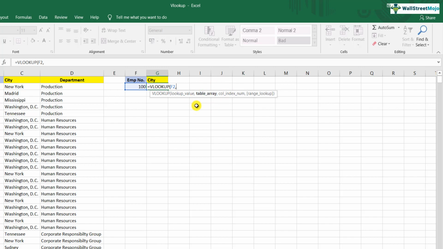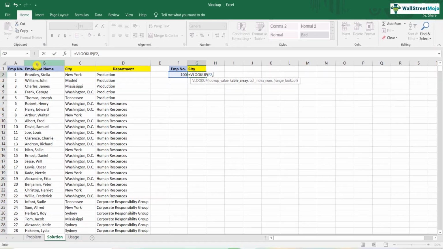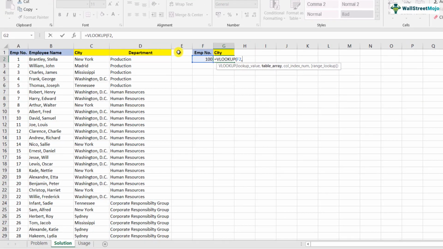So here you then select the entire database. You can select it till the city or till the entire database, starting from the employee code, from left to right. So select from left, move, and move. Now you have selected the database. As you're selecting, you will be able to see up over here 2C, 3C, 4C. That is basically the fourth column. So this is the first column, second column, third and fourth column.